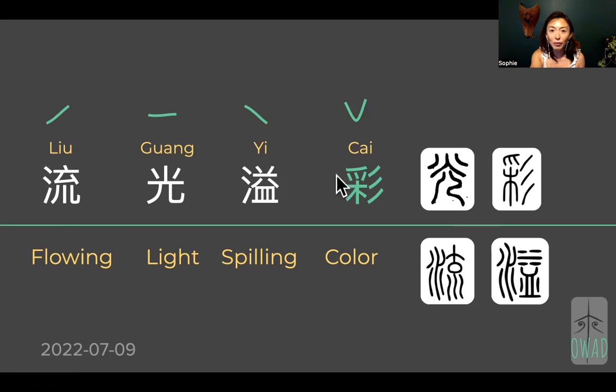Okay, so then the right side, of course, is the sound maker, right? The left is meaning, because it's something related to water. And then on the right side of this one, 流, you can see, okay, this is still water flowing, but over here there's a blocking thing. So this sound maker originally also means the type of flowing where water